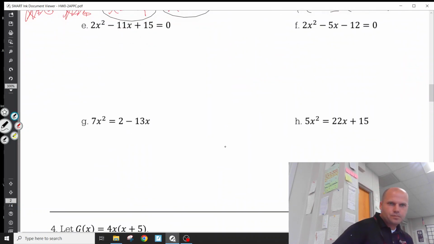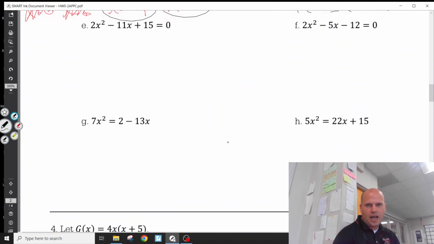All right. Coming to E, F, G, and H. There's a lot of ways to factor E, F, G, and H. This is when A does not equal 1. And it's actually one of the most complicated things to teach with reasoning behind it. Like, I could tell you the reasoning behind why we want to do this, but it's actually complicated to understand,